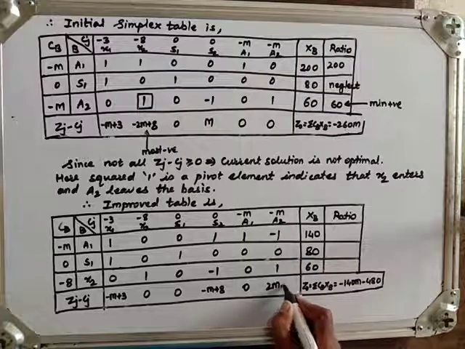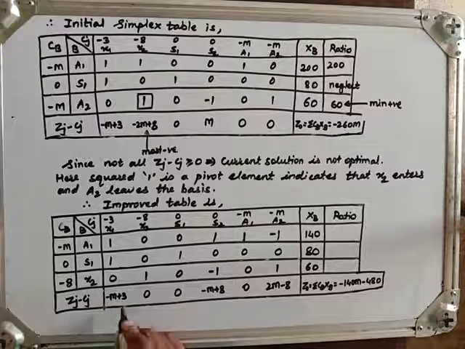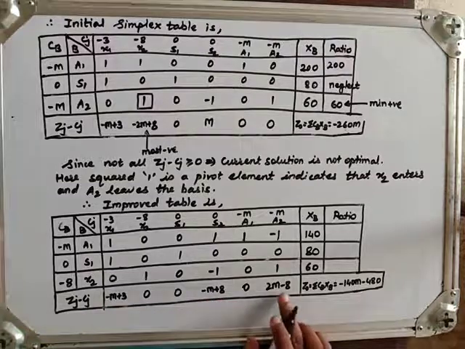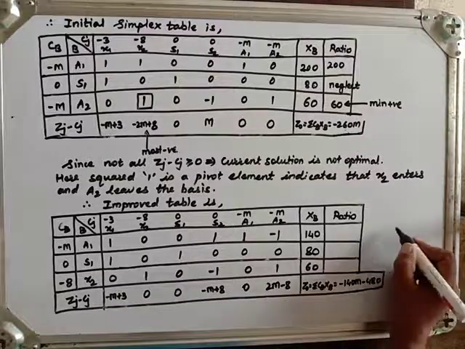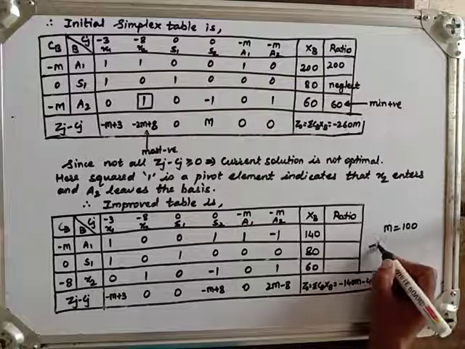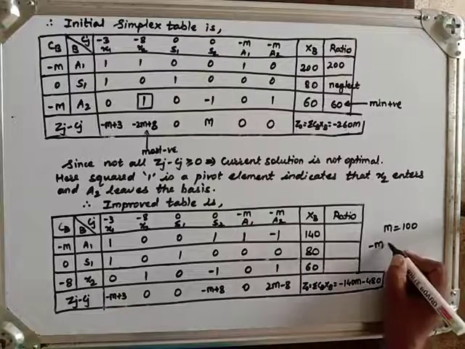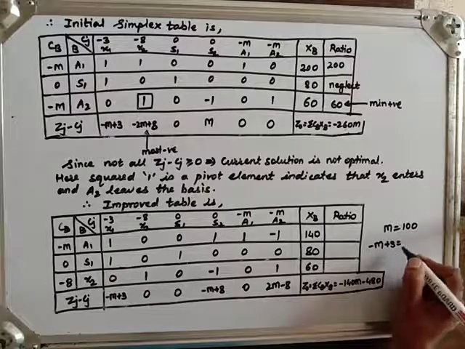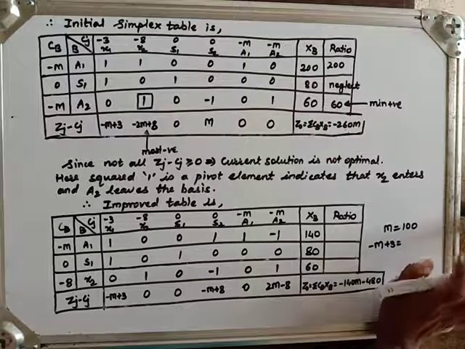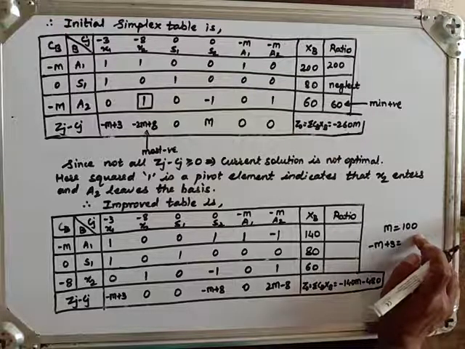Now this is plus m, 0, plus m, minus 8, and minus minus plus m, so it will become 2m minus 8. Now among these, look at here, this minus m plus 3, it is negative, minus m plus 8 is negative, but this 2m minus 8 is positive. Now suppose I am taking m is equal to 100, then we have to decide among these one which one is most negative. So let us check it. So minus m plus 3 is equal to, now here as an example I have taken m is 100, it will be sufficiently large quantity, whatever is required that much large quantity we can take it as m.